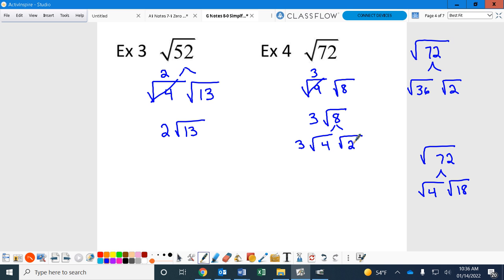Watch carefully. Look. The square root of 4 is 2. These numbers are next to each other. They're going to have to be multiplied. So 3 times 2 is going to give us 6 square roots of 2. Now, the bigger number you put into it first,